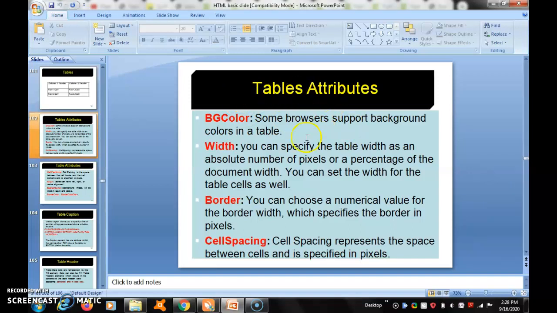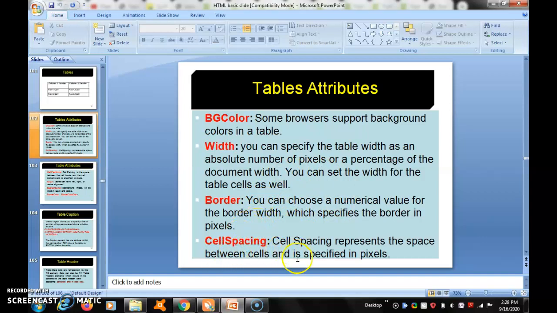Here, table attributes. Here you have to mention the text color as well as the background color. So here the BG color; some browsers support background color in a table. Width you have to mention, the width of the particular table. Then border, you can choose a numerical value for double border, single border, like that.